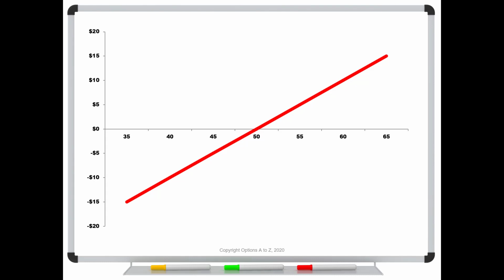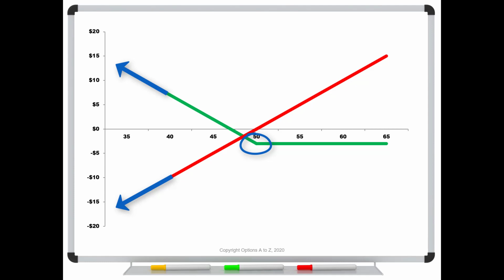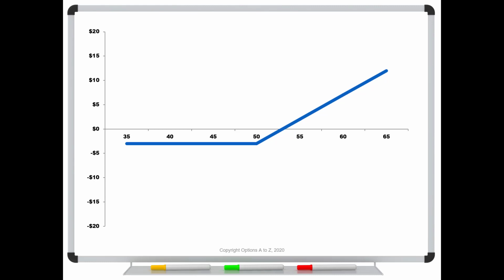Well, a very simple hedge might be to buy a put option. So let's say you buy a $50 put, that profit and loss diagram by itself would be like this in green. Now notice what's happening here below your strike. As the stock price falls in this direction, the put option's value is going in this direction. It's moving opposite. And so they tend to cancel out. So that means if we buy the stock and we buy the put, we have them both in our account, then these two graphs blend together to form this. Notice that the left-hand side below the strike down here is flat. And that's because of those offsetting positions.